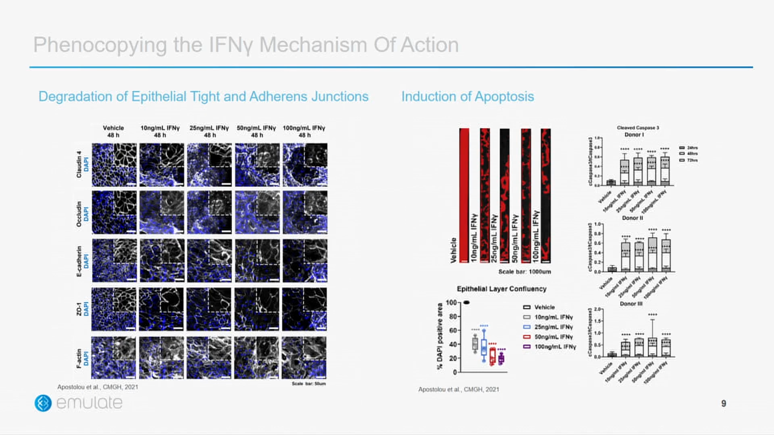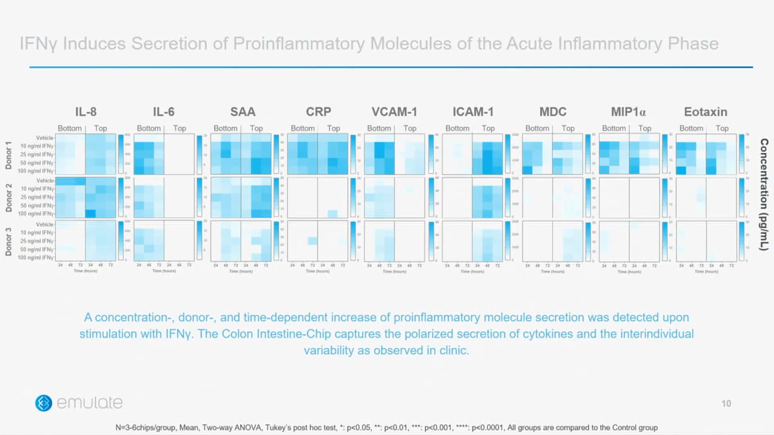And as you can see on the right-hand side, the decreasing confluency of the epithelial monolayer and increasing cleavage of caspase-3 indicate activation of apoptosis. Moreover, the chip allows for sampling of effluent media from both channels at several time points, and what you see in this slide